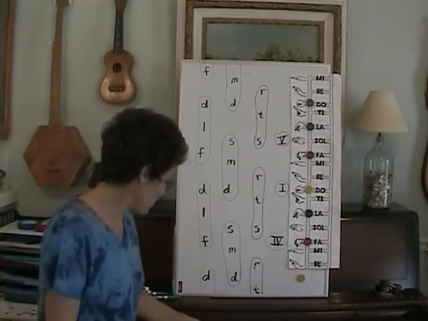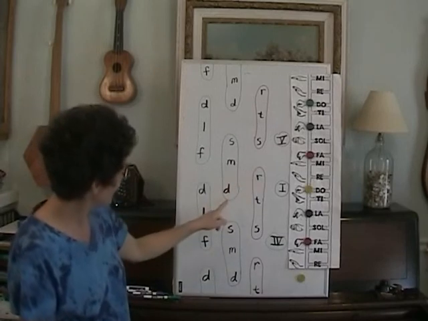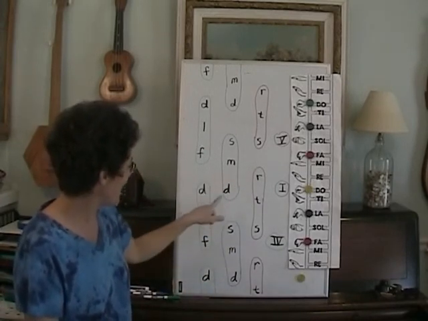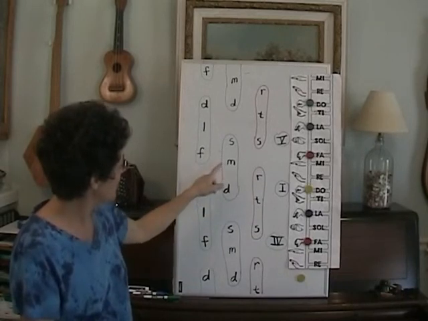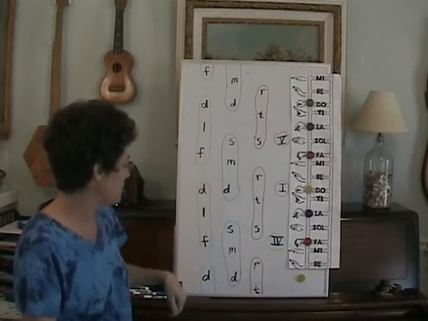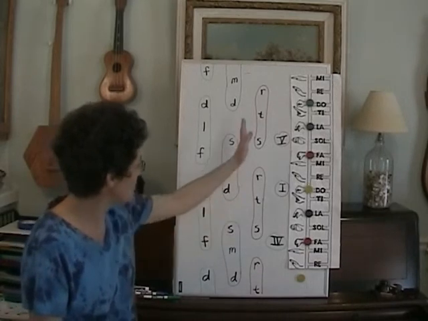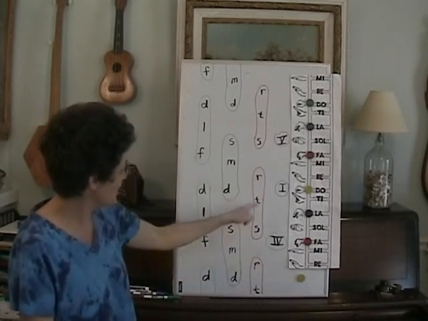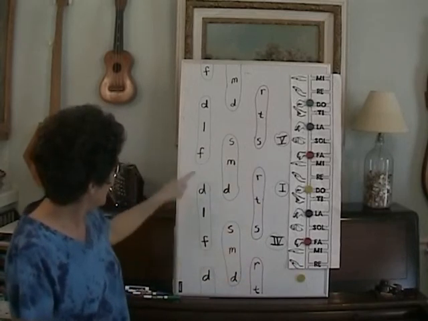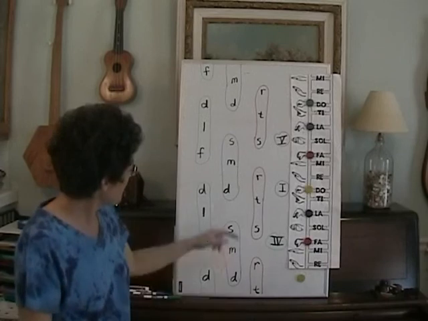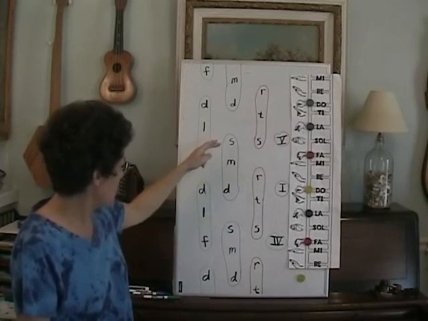Let's try. We're going to move between these. All right. Now, if you're really good at this, you could sing different things than I'm singing. I could be singing do, mi, so, mi, do. You might be singing do, so, mi, so, do. And then when I move to this one, you're going to sing anything in that chord, and over here anything in this chord, the subdominant. Do, mi, so, mi,